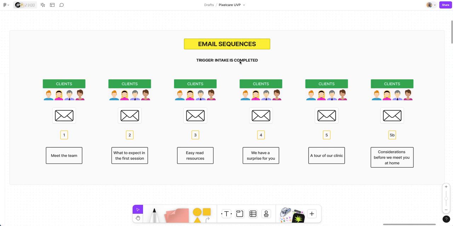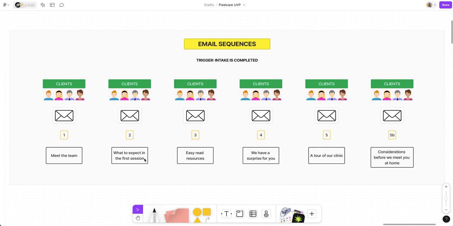So basically, it's about planning your sequence first. We identify some key touch points in the client journey, and here is where we want to provide value and support. We have different welcome email series that go out every second day, or it can be a soap opera style sequence that lasts 6 months and goes out monthly.